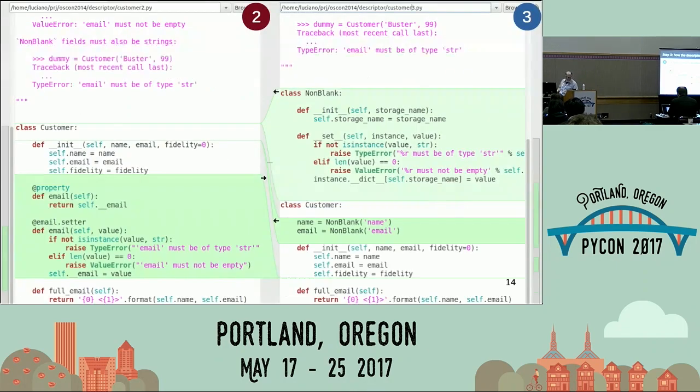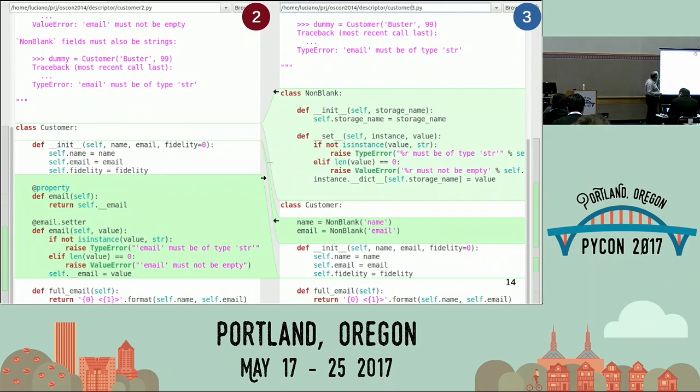Okay, so let's look at the example, at the code. First, let's look down here, because this is the fun part. And this looks like Django modules, right? Now you have this thing that is obviously a class attribute, and you're saying that it's an instance of that, okay? Now, Django is cleverer than my program here because you don't have to repeat the name of the attribute. We must repeat the name of the attribute. I will explain why. But we are going to fix that in